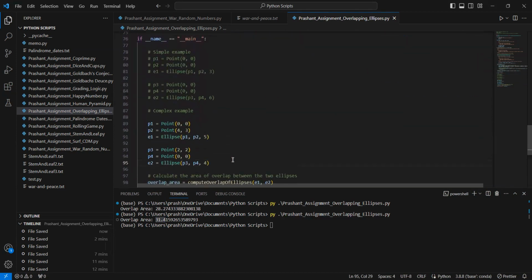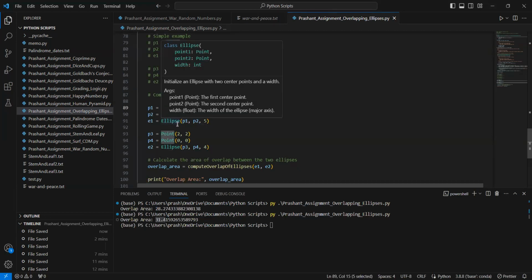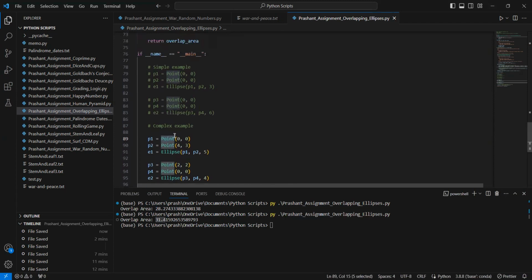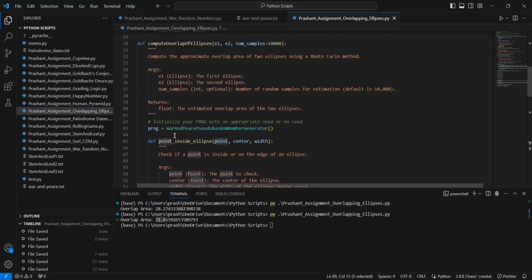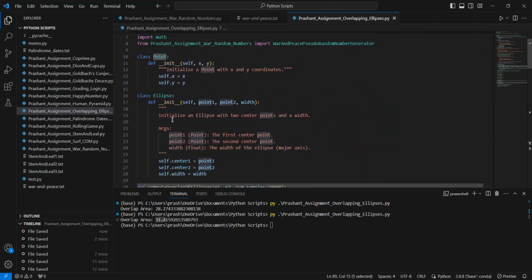So let's check how our program is working. Basically, we initialize point, which is a point object, and then we put these point objects into the ellipse class. So the ellipse object would be initialized, and as we go over our function, we see